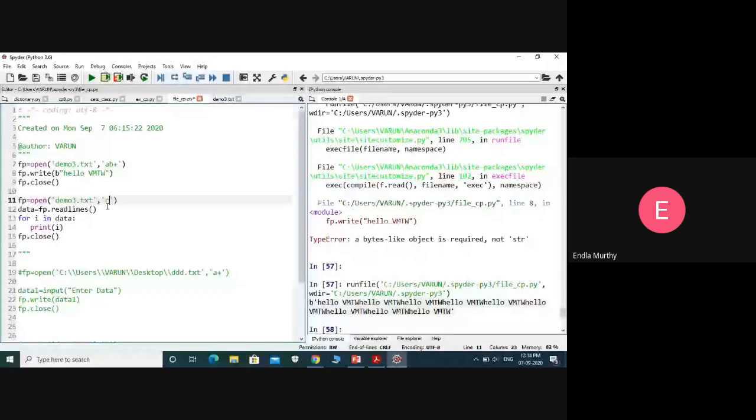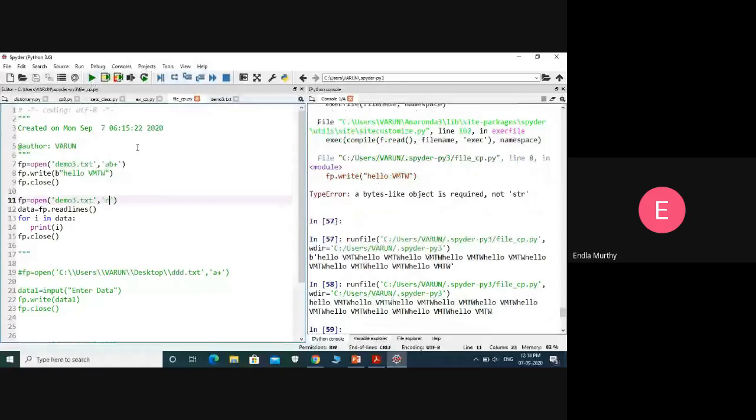Because while writing the data into the file I am writing in the binary mode AB plus, but when reading I am reading in the text format. So that's why I am not getting any B here. Like that, these are some simple modes we can use. Similarly, we can use WB plus also.